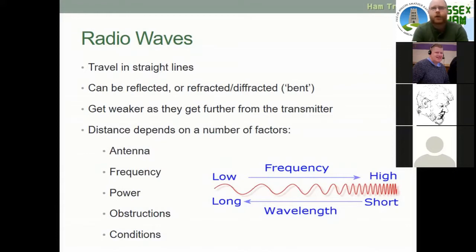Very much like throwing a ball. When it first leaves your hand, it's got a lot of power behind it, but as it travels, the power dissipates and the ball falls to the floor. Now, radio waves don't fall to the floor, but they do sort of dissipate themselves as the power diminishes. The distance that the wave travels does depend on some other factors as well, including the type of antenna you're using.